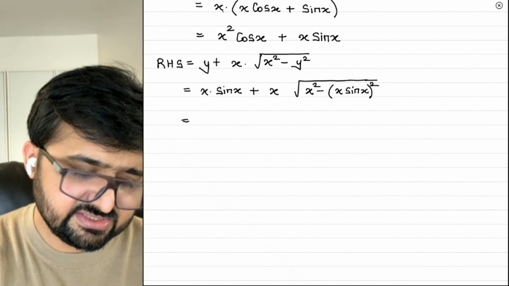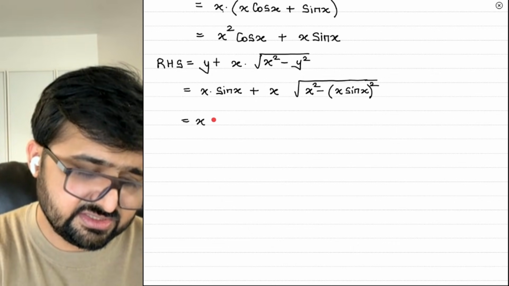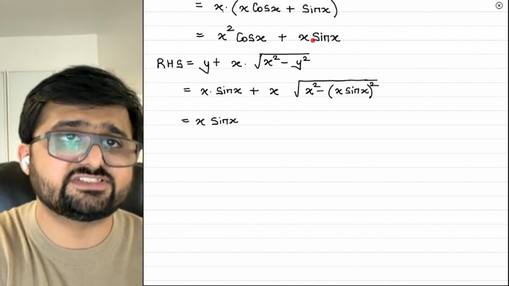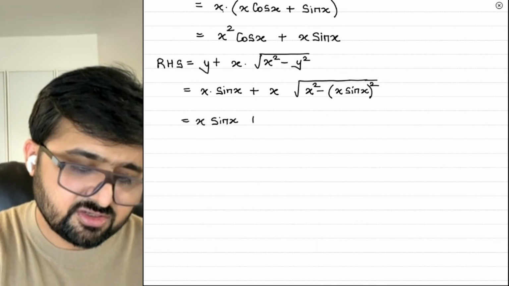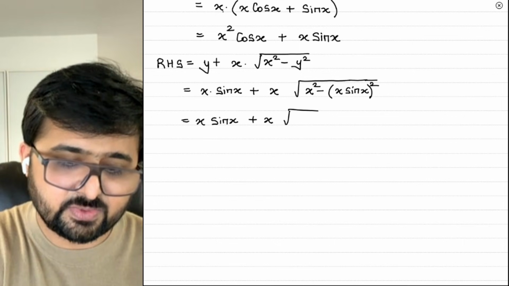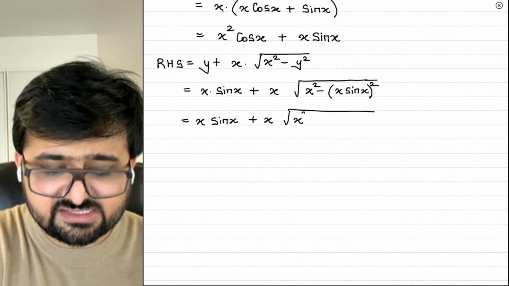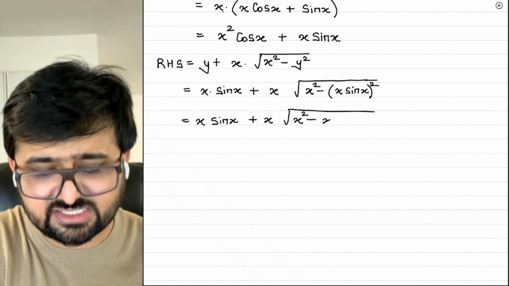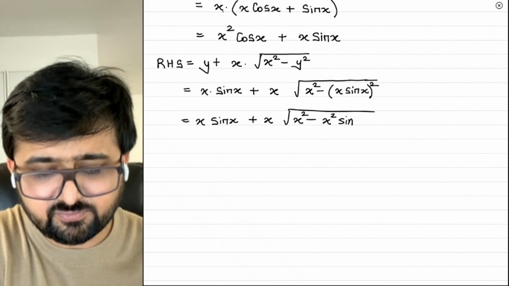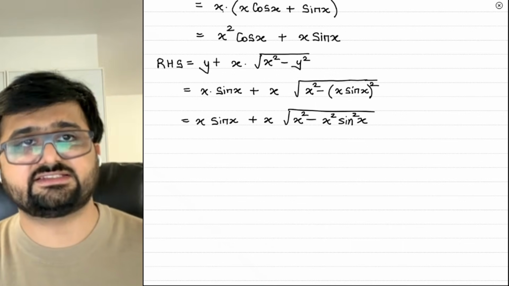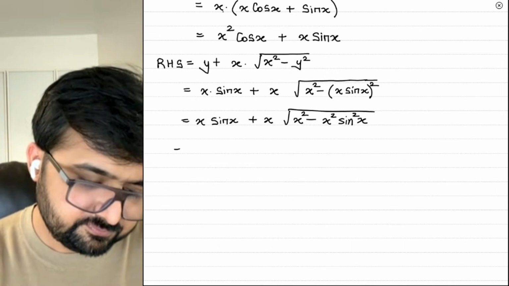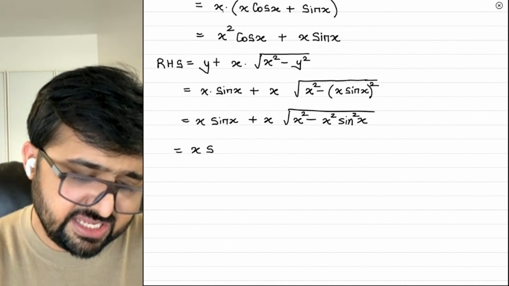Let us simplify this a little bit. So we get x sine x. Notice that we already got x sine x, which is present here. Plus x square root of x square minus, now this square can be given to x and sine x, so we get x square sine square x. I hope that makes sense so far. Now this is equal to x sine x